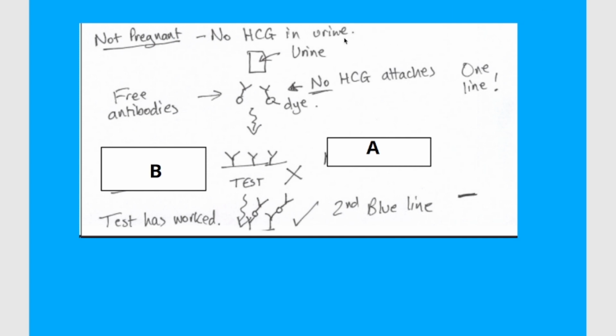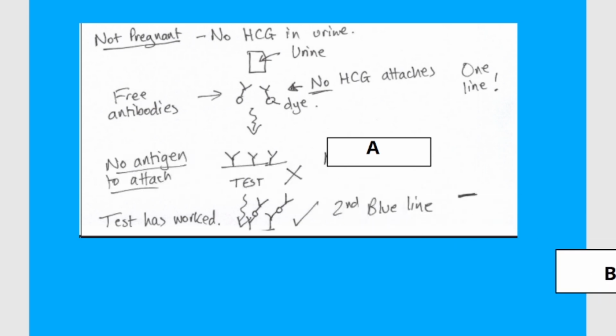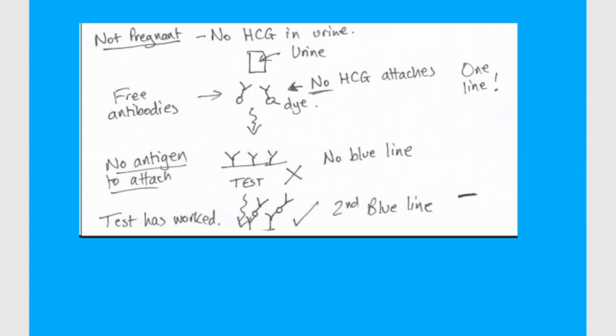This was the bottom half where we used monoclonal antibodies in a negative pregnancy test. This time there is no hormone in the urine, so there is no antigen. That means the free antibodies don't bind any antigen. What went here then? There was no antigen to attach, and so the free antibodies didn't attach, which meant there was no blue line